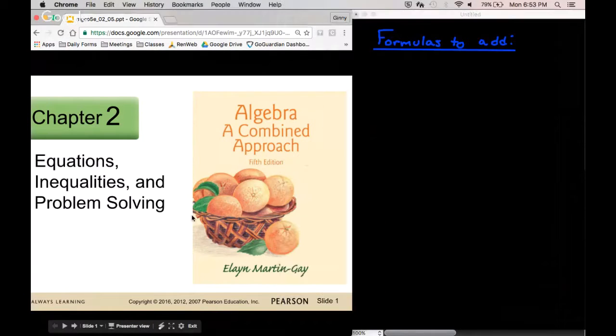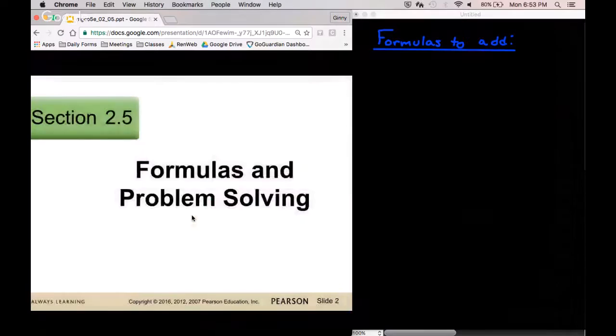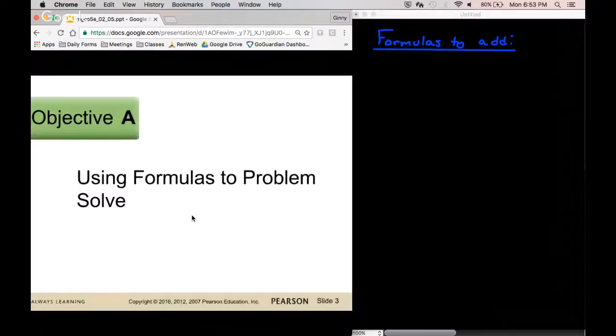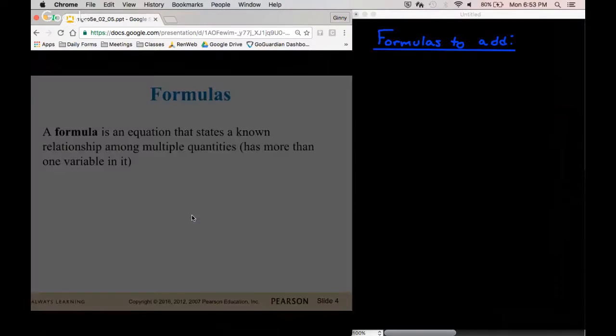Okay, today's lesson is a continuation of chapter 2, which is problem solving. This specifically looks at problem solving with formulas. So the nice thing about this is you're given, in most situations, the formula, so you don't have to really think about what to use in the equation. So it's not as much trying to figure out what the words mean as much as it is plugging things